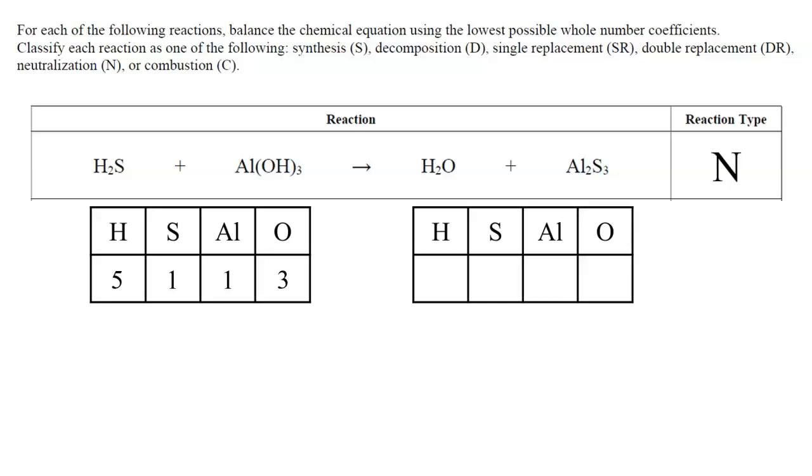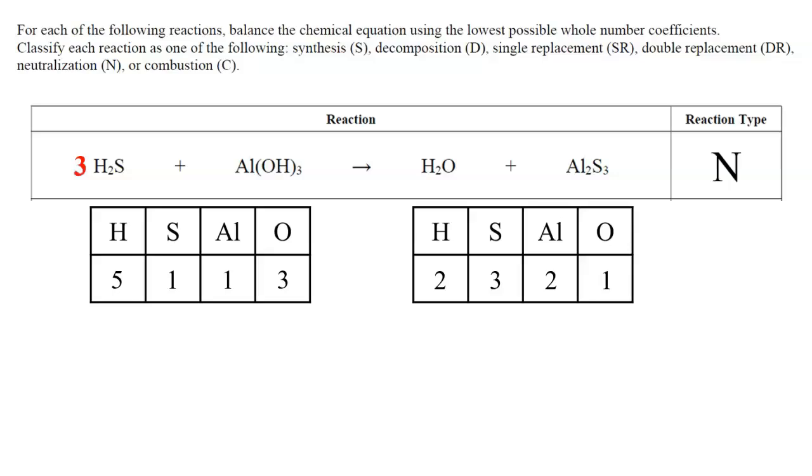Now moving on to the right side of the equation, I see 2 hydrogens, 3 sulfurs, 2 aluminums, and only 1 oxygen. So I'm going to start with the sulfur. There's 3 sulfurs on the right, and I have only 1 sulfur on the left. Because sulfur is found in only 1 chemical formula on the left and 1 chemical formula on the right, sulfur is a good place to start. I wouldn't begin by trying to balance the hydrogen because it's found in 2 different chemical formulas on the left side of the equation. So to balance the sulfur, I'm going to put a 3 in front of the H₂S